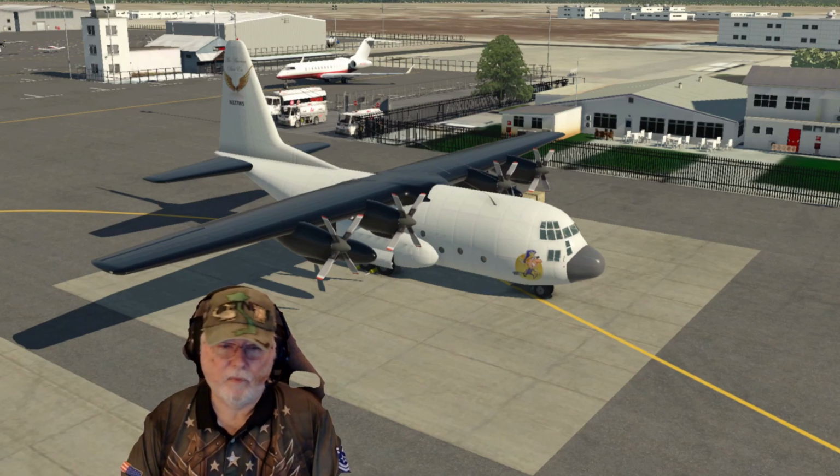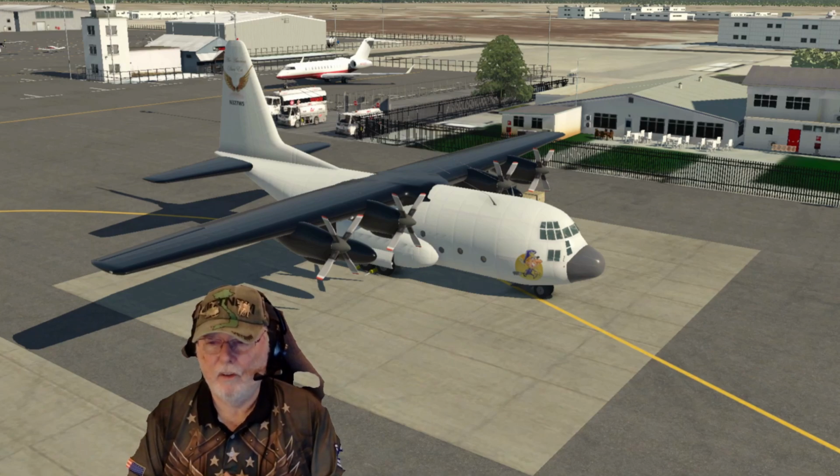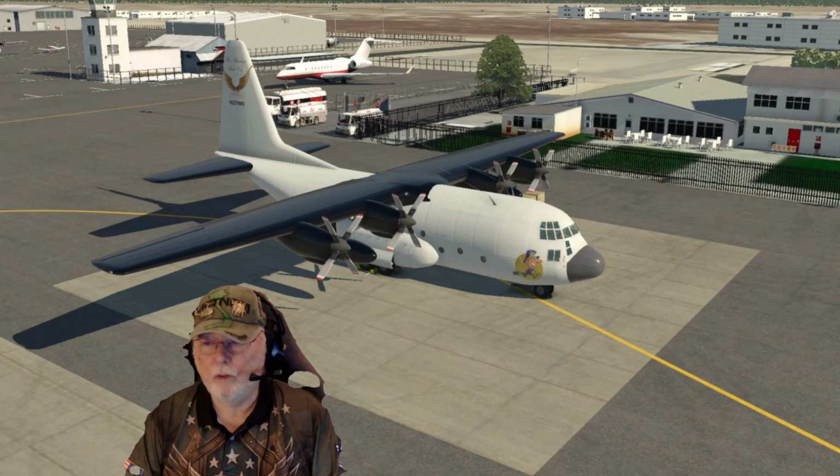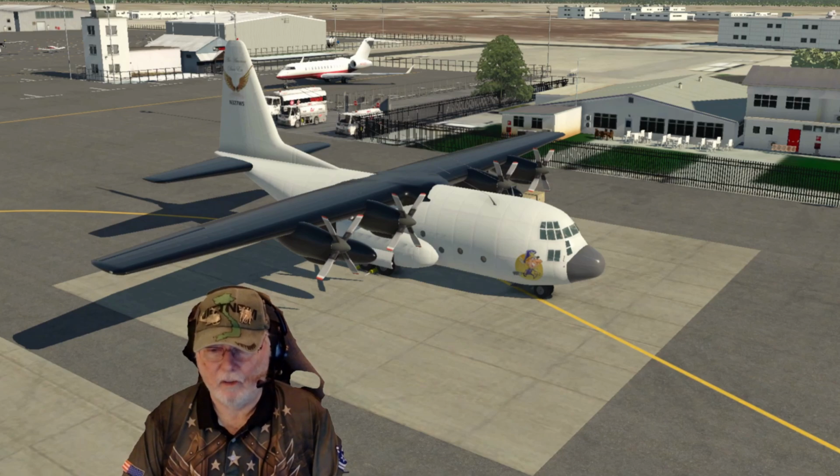Now, I could have let the aircraft fly itself with the autopilot much closer to the runway, but I also enjoy really hand flying this aircraft. So, with that being said,